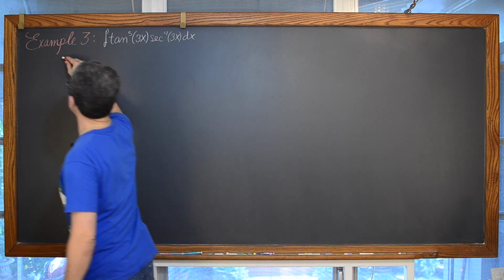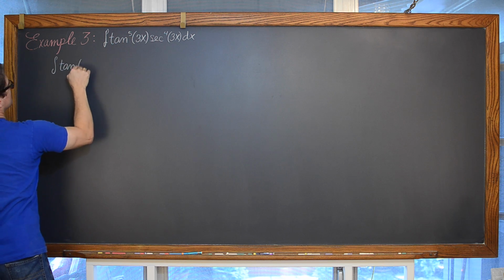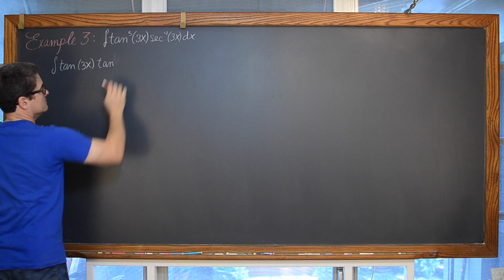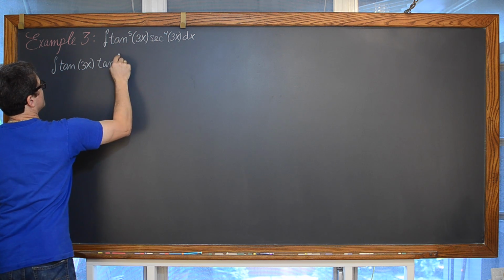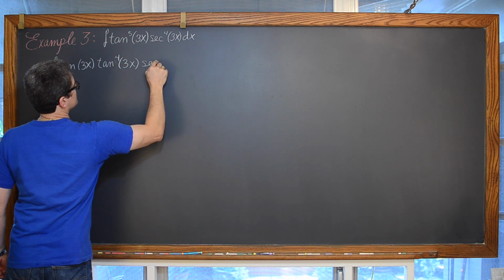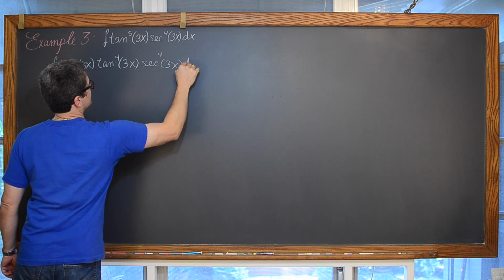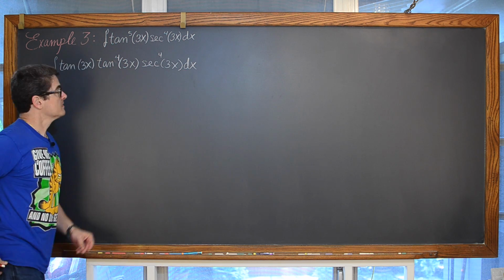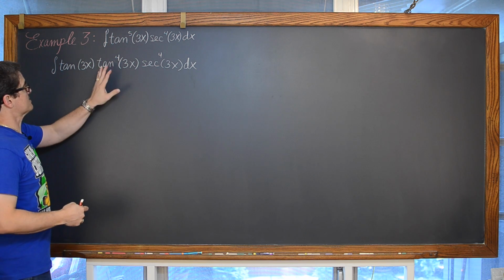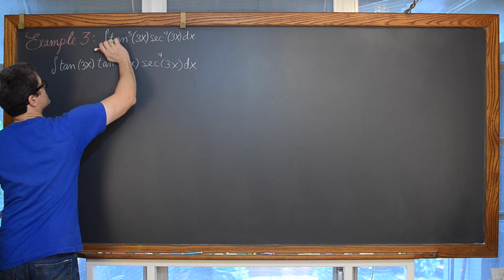So we're going to write this as the indefinite integral of tangent of 3x times tangent to the, not squared, but 4th power of 3x times secant of 3x raised to the 4th power dx. Now, really, I'm going to go to the line I was just about to write anyway and write this as tangent squared squared. To save a line of work, let's just do this.